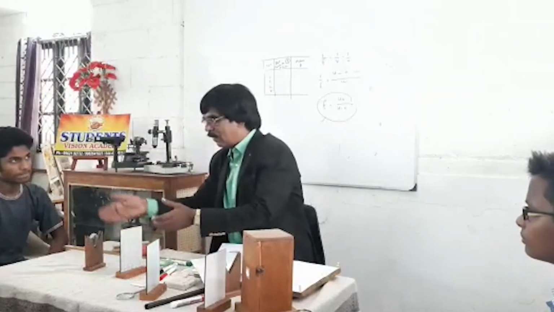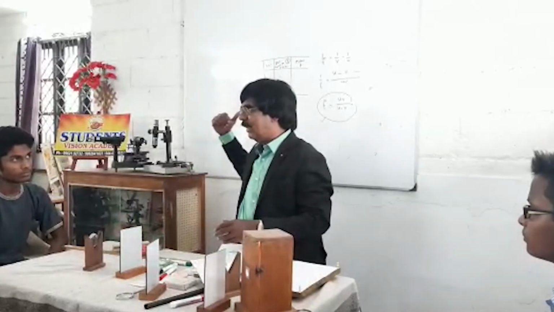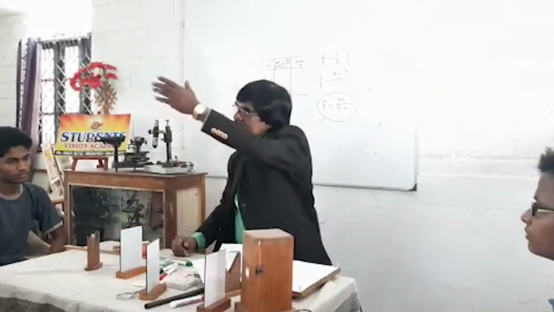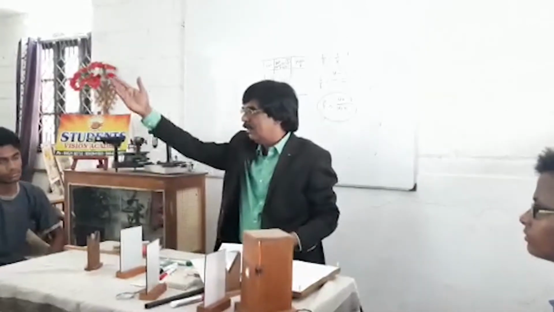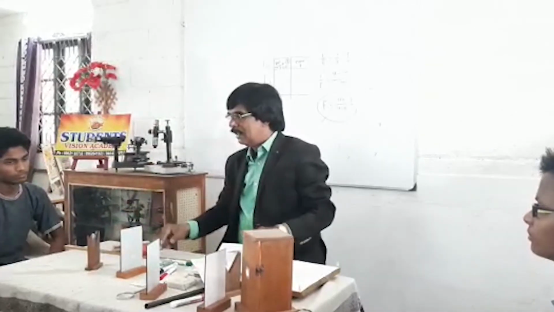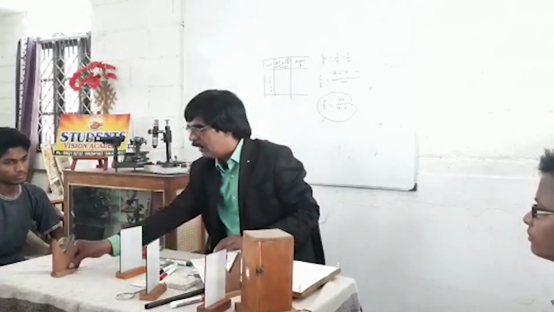So you are going to take 5 readings and take the average. Keep some other object somewhere, that screen or something, or that tree, that standing man, or a cow which is grazing, whatever it may be. Then you can get it here. So this distance, when you measure the distance, what will happen?